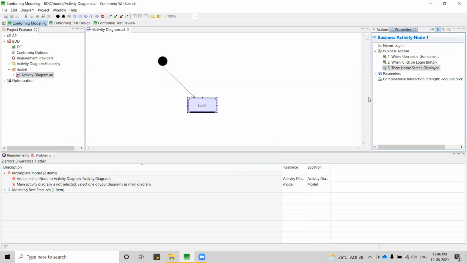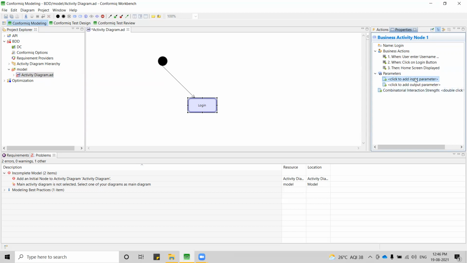Say okay. So far I have mentioned that the user is entering username and password. What if I want to have values for those username and password fields as well? Then we go for using parameters. In parameters, again, you will have two different options: either an input parameter or an output parameter.